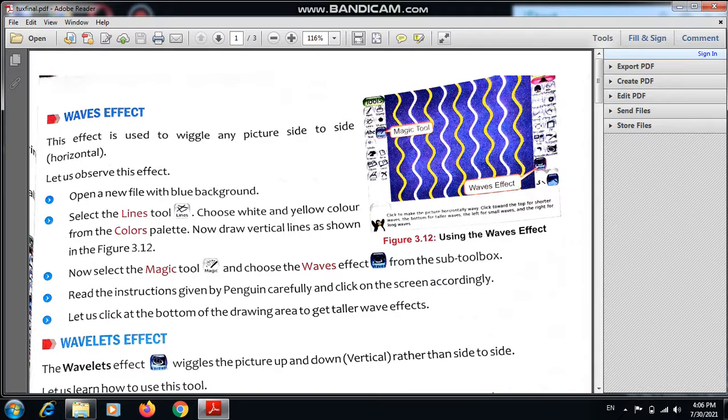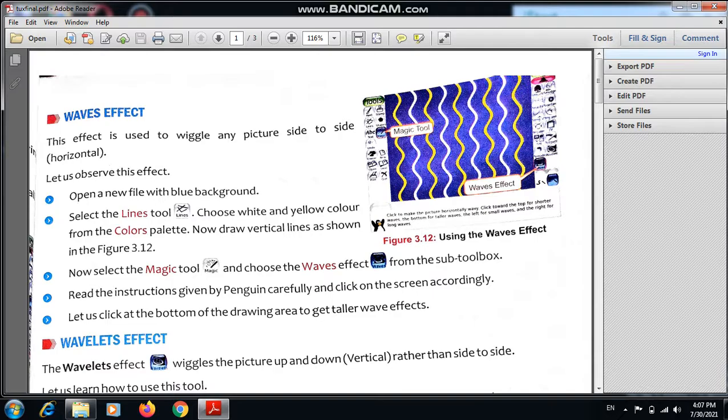Okay, so in today's video I will continue chapter 3. This is the fourth part of the chapter in which I will complete it. First I will explain some points which are still left in this chapter, and then I will explain the exercise. Till the smudge effect I explained in previous videos.